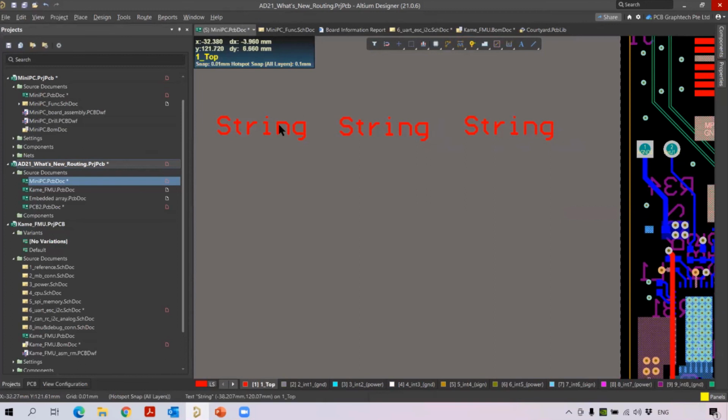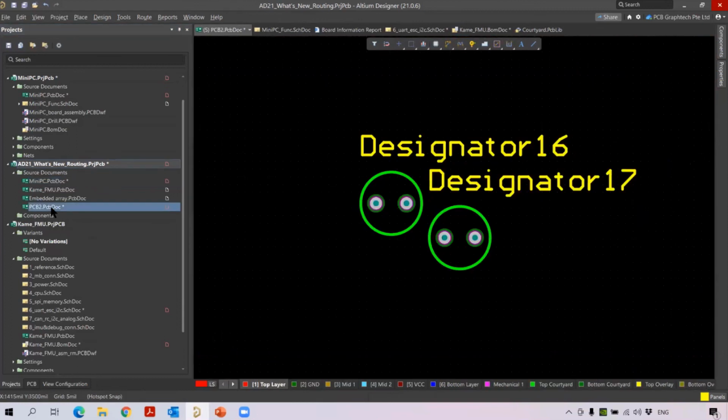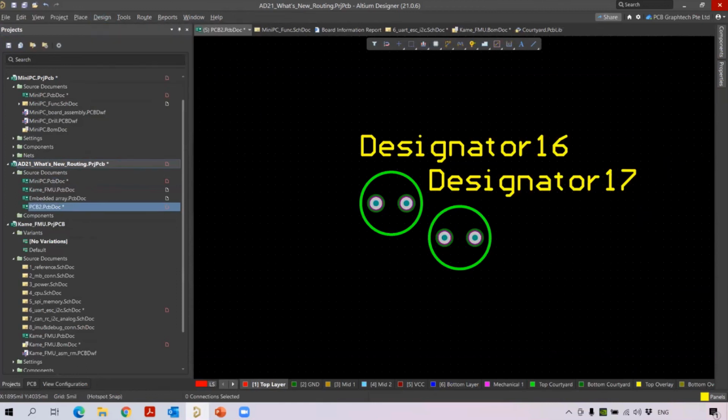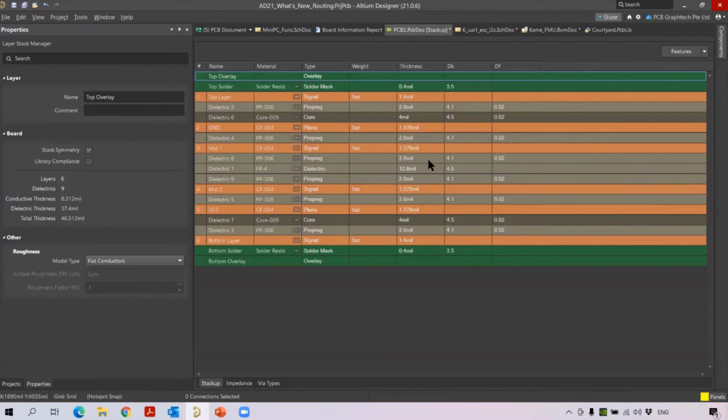You can do it. Okay, the last feature I want to show is about the asymmetric impedance calculation. So let me open that asymmetric impedance calculation PCB. I just go to this PCB here, go to the Design, Layer Stack Manager. This is very good, huge improvements have been made in this layer stack. I'm using a 6-layer stack, and between the top layer I have the dielectrics. You can see there is a dielectric here.